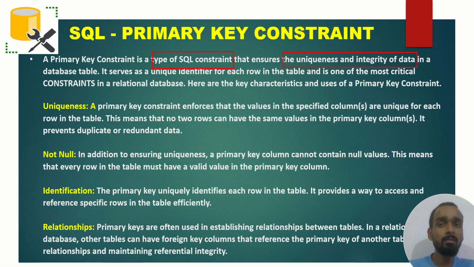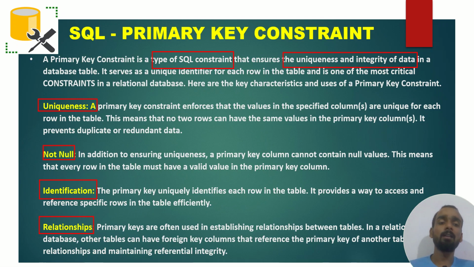You have to tell what exactly a primary key is all about, and these are the features. You don't have to say it word for word, but still this is the definition of your primary key, and these are the key features of your primary key, okay.